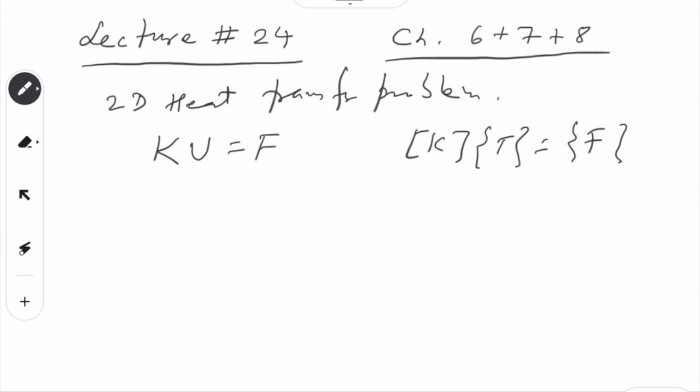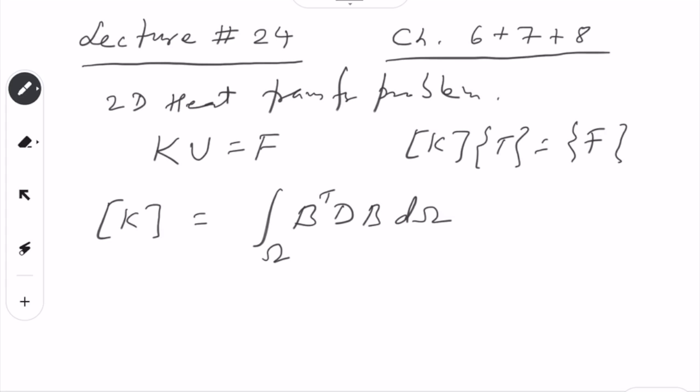In general we found that K may be given by something like this: the integral of B transpose D B d omega, okay. In general it is like that, where D is basically